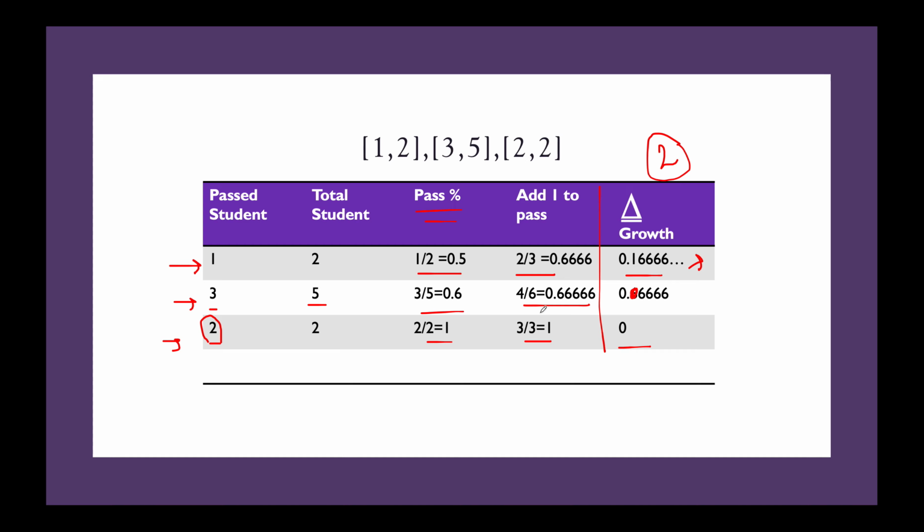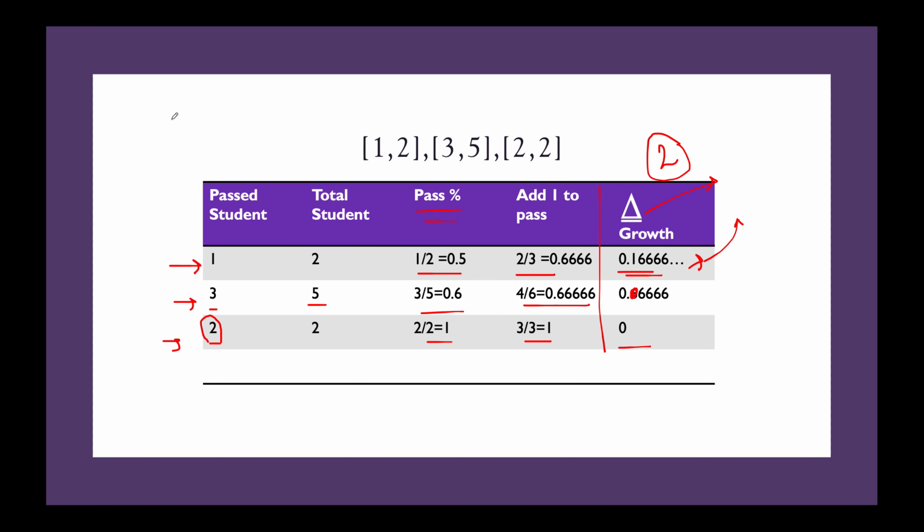So I'll add these entries in the priority queue, and whenever I pull out an element from the priority queue, it would be the one with the max growth, the max probable growth that can be achieved. The comparator of the priority queue will be based on this growth factor, and the maximum one will be pulled out first. Once we have pulled out that element, we will add this growth to the expected total average.